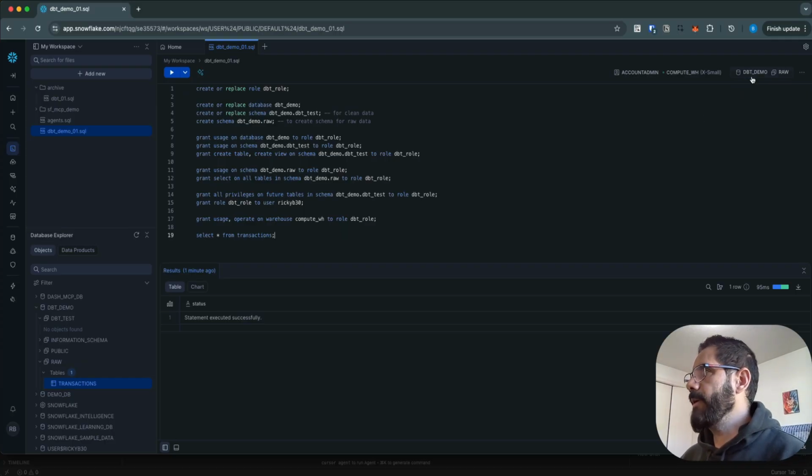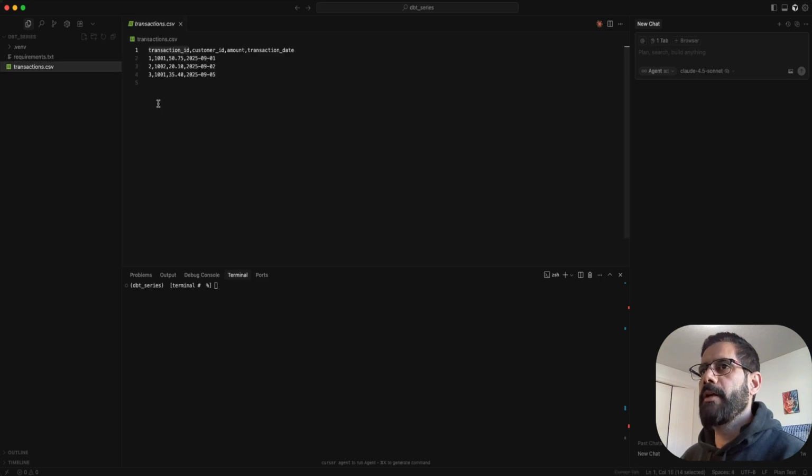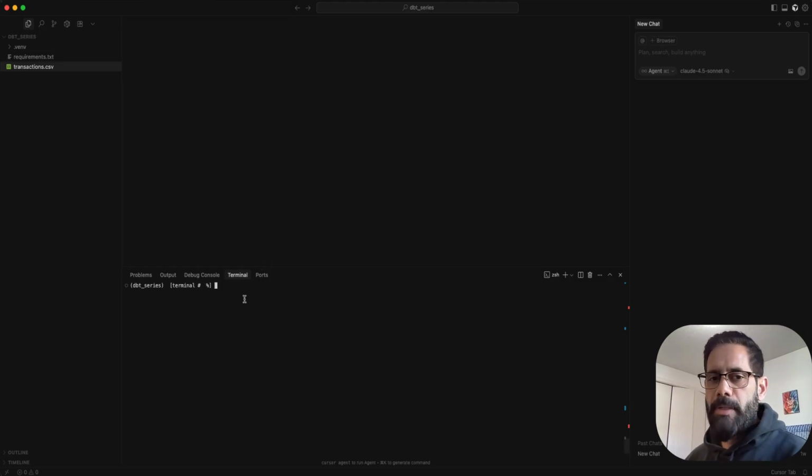Make sure that you have the proper database and the schema selected here, and then execute this statement. So you can see here I have 3 rows, and if I go to my transactions.csv, you can see that I have 3 rows here as well. Okay, so that's good. So we have installed dbt locally, we have configured Snowflake, we have also ingested raw data